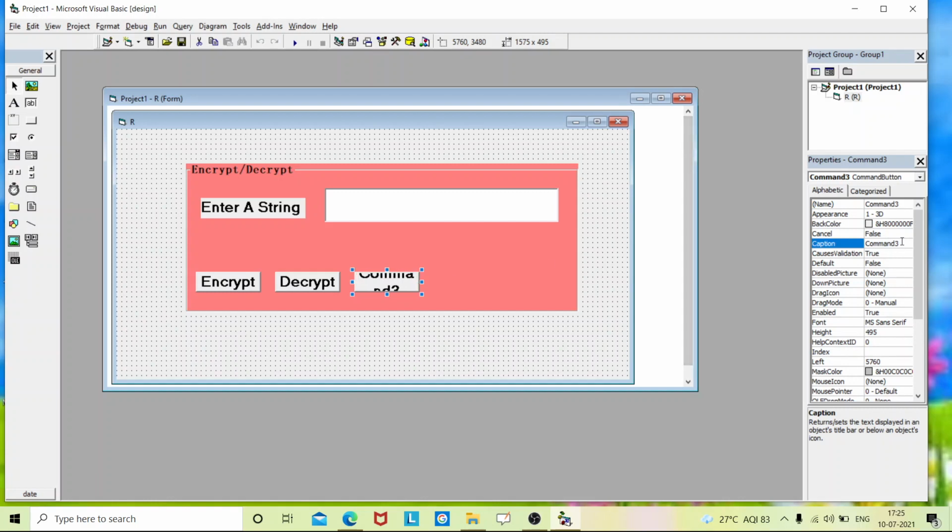Third command button for clearing my text box. And finally the last button for Exit.